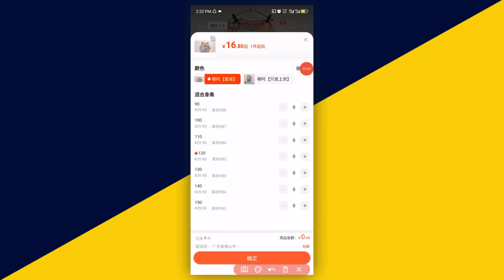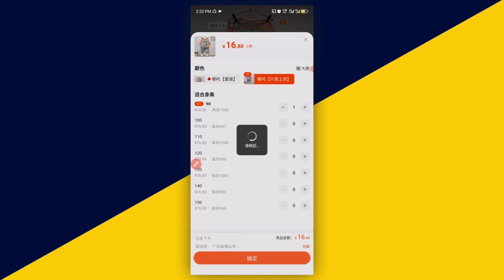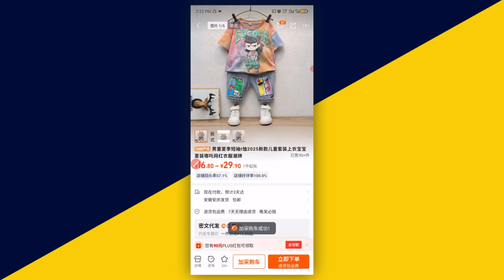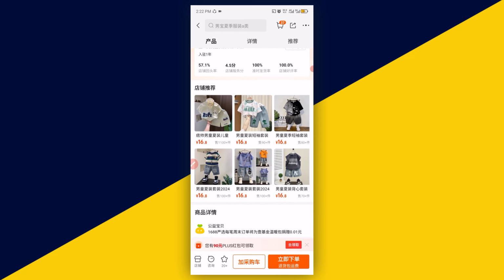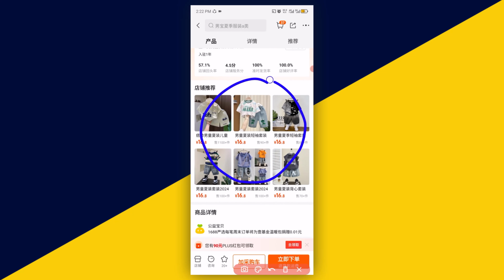Then from here, I need this one right here, up and down. Then I need it to be 90 centimeter or so. And I'll make sure I click on here to successfully add it to cart. So you can go on and check on different style from the store right here and add as many as